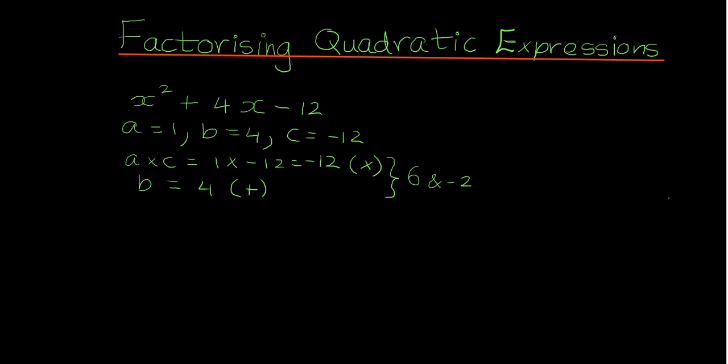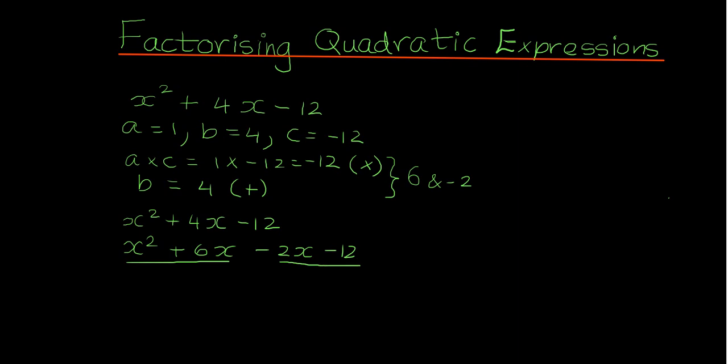So I'll have to rewrite my initial expression, x squared plus 4x minus 12. Split the 4x into the 6 and minus 2, so that'll be x squared plus 6x minus 2x. This can be done in any order, so I can write minus 2x plus 6x. Then I factorize these two, and these two. So here the highest common factor of the numbers is 1 and of the letters is x. So x times x plus 6,